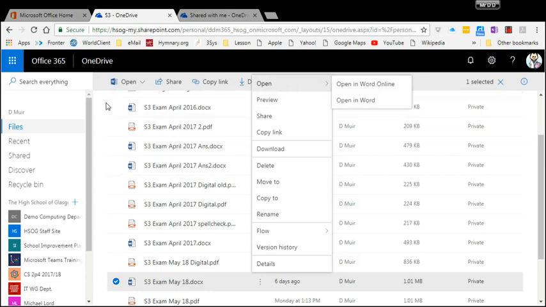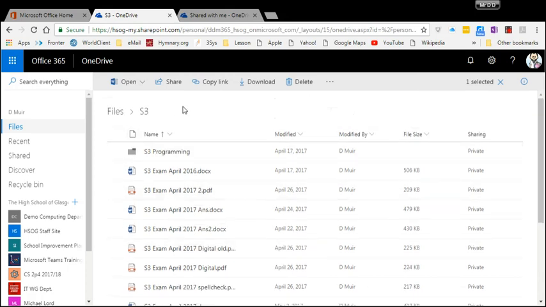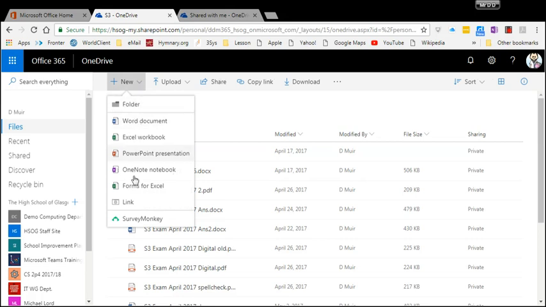if you know that that's what you want to do. As well as opening these kind of folders, there's the option to create a new folder or indeed a new document straight away in the drive. You don't have to